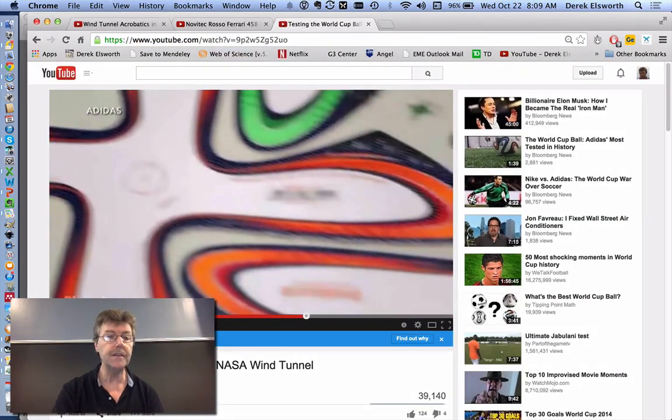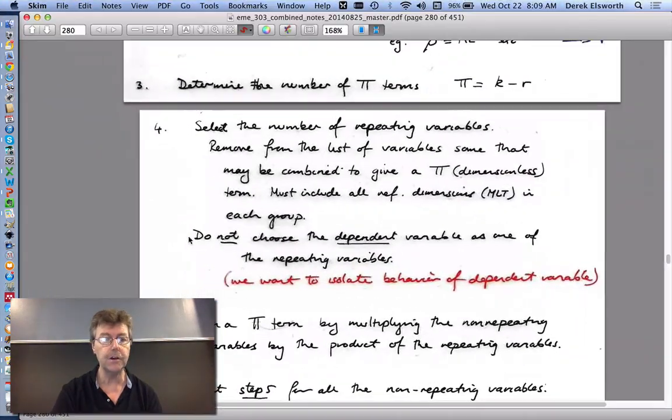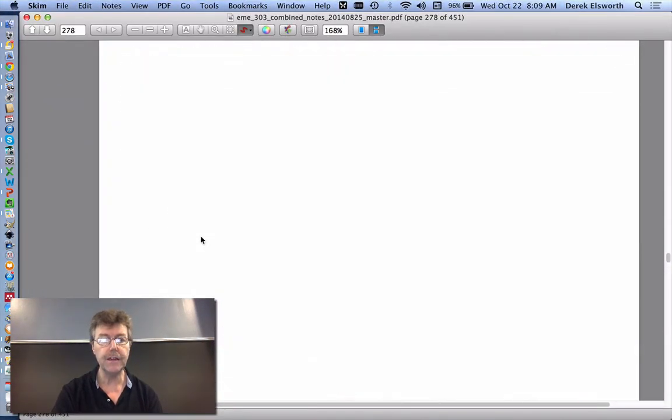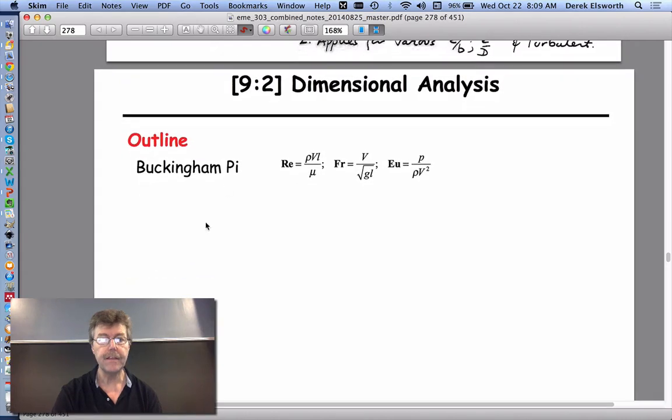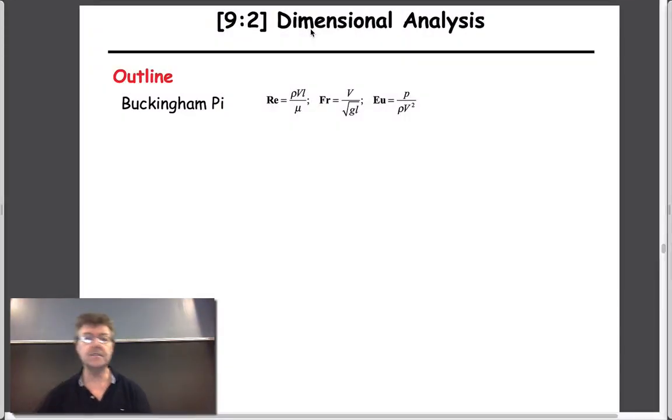But the bottom line is we'd like to be able to scale things in some way. And so in what we're talking about here, that's really what our attempt will be to do. And so let's just summarize exactly what we talked about last night. I alluded at the start here that if you're talking about, for instance, these guys in the Red Bull component behavior, if you remember Darcy's law, if you remember Bernoulli's equation,